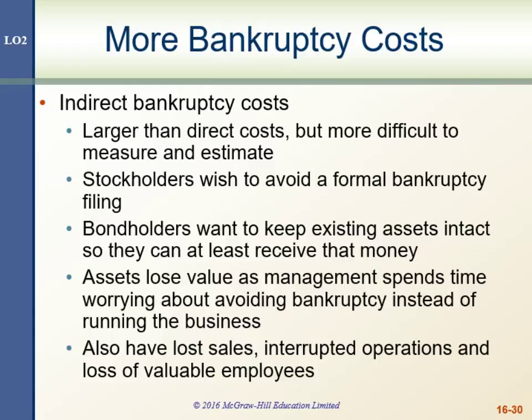So we're considering indirect bankruptcy costs, and of course these direct and indirect bankruptcy costs are essentially costs to the shareholders. So we're concerned about costs to the shareholders. Indirect bankruptcy costs are all kinds of financial distress costs other than the actual checks you have to write. They would include things like the reputation of management and the likelihood of being able to get another job if this one goes away, those sorts of things. In general, they're thought to be larger than the direct costs, but they're very hard to actually determine. So stockholders wish to avoid formal bankruptcy filing because it's very expensive both in indirect costs and direct costs.